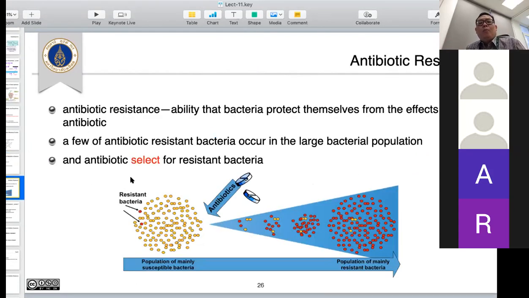So bacteria need to fight back against the overuse or abuse of antibiotics. Okay, we call it antibiotic resistance, the instability where bacteria fight it back. We are concerned a lot about using antibiotics, probably killing the, if you see this, the yellow dot